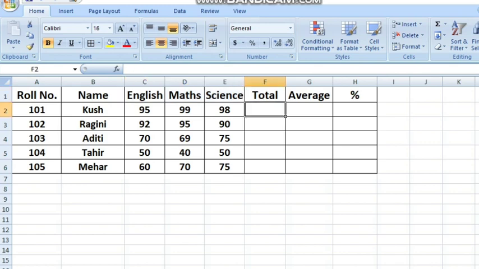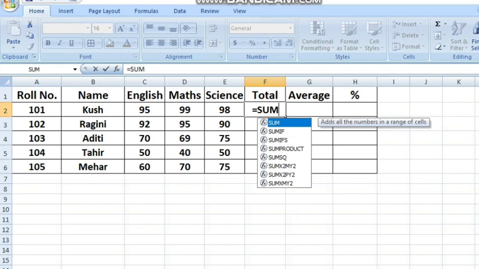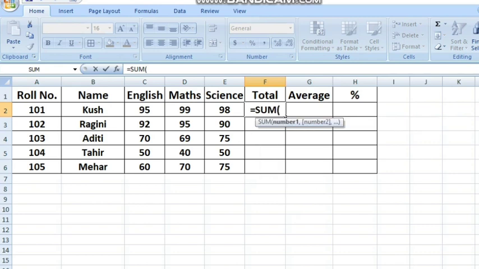I'll write here equals to and then the SUM function, then start the parenthesis and write the cell reference from C2 to E2. Only for the first cell, for the first student, or you can say for a single person, in a single cell, you need to write the formula. Then simply drag it to the required number of cells wherein you want to get the output. So I have written equals SUM C2 to E2,